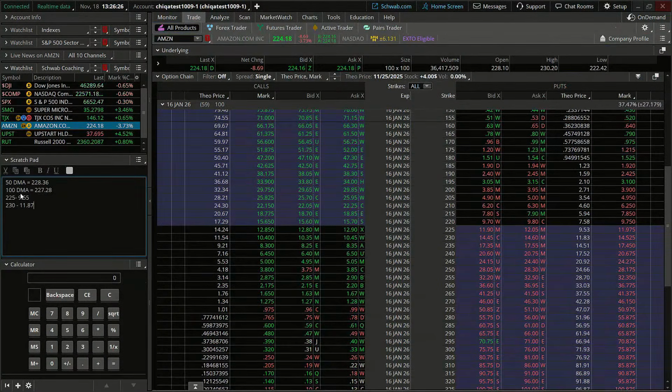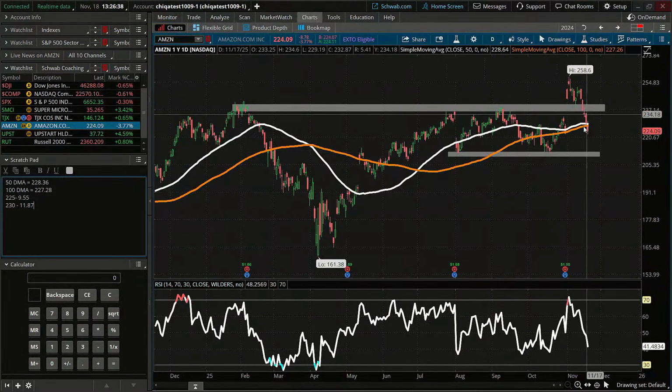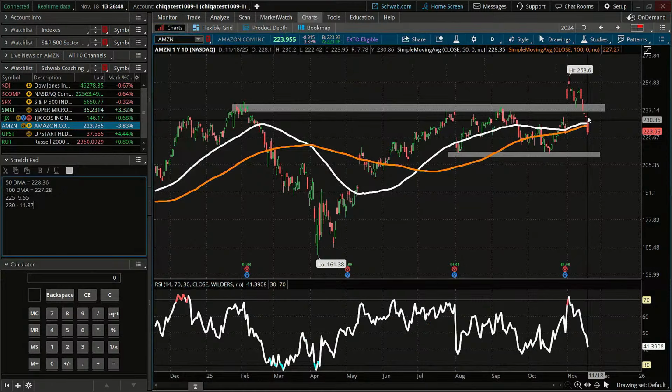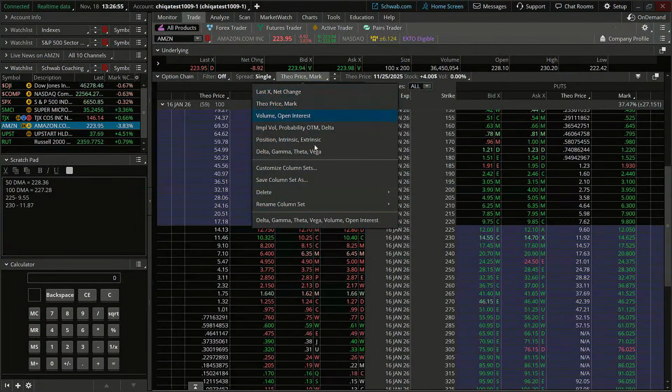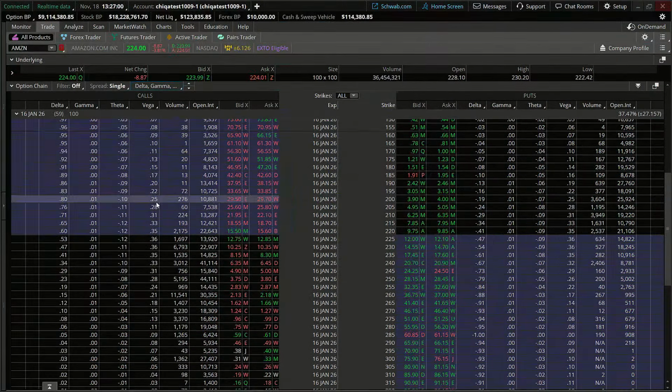We could give ourselves a little more space, maybe 1-2 percentage points above those 50 and 100 period moving averages, because a trader may look at that as the next level of resistance within that range. So that's what we'll look at as part of formulating our exit. Now, if we select one of these options, I'm going to go back to looking at the Greeks and open interest here, and I'm going to collapse our left sidebar for now.